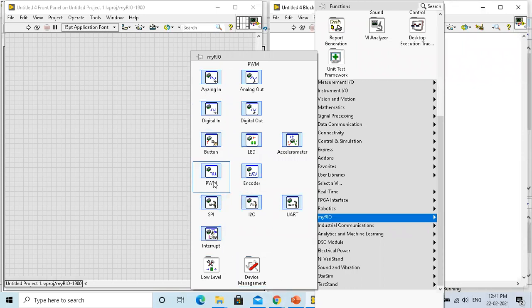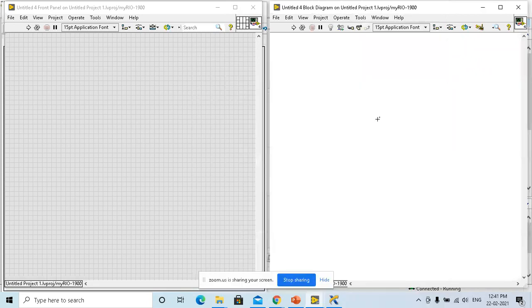It has a PWM generator, SPI, I2C. It's a totally embedded system, and all of this programming need not be done by normal programming in C, C++, or embedded C. It's fully graphical. Now, let's say I want to acquire data from analog input, I just have this analog input.